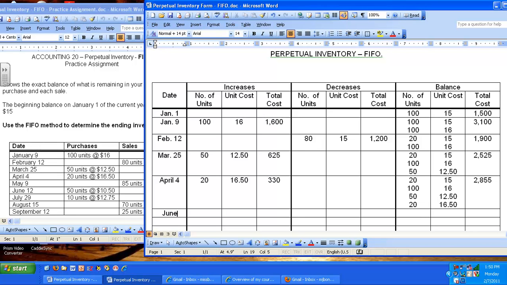On May 9th, we sold 85 units. So we're using first in, first out. So we need to add up our units so that they equal 85. So we're going to use 20 and 65. So 20 at 15 and 65 at 16, which will give us a total of